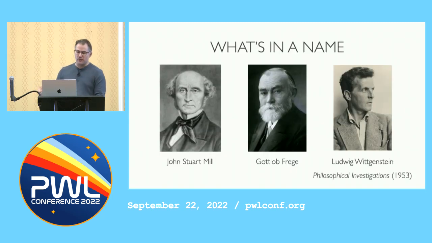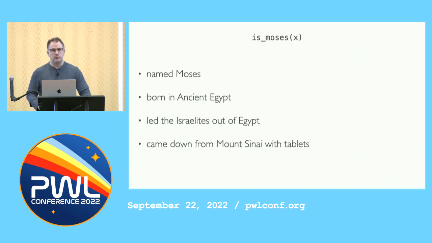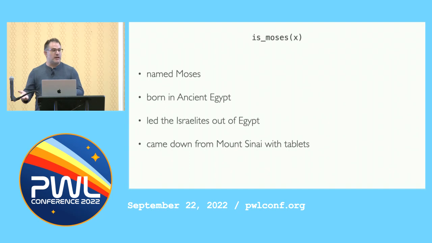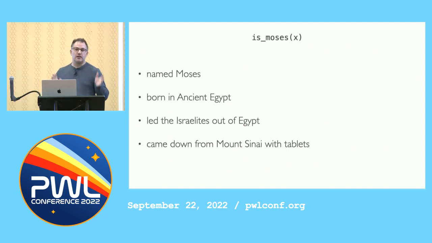But we have to go and complicate this a little bit more. So about 60 years later, Wittgenstein wrote in a book called Philosophical Investigations about the biblical figure Moses. And he pointed out that if you consider the meaning of what it is to be Moses, and we start to go and try to test actual historical figures to see, were they Moses? We are not necessarily going through all the things that are true about Moses, which are like, he was named Moses, he was born in ancient Egypt, he led the Israelites out of Egypt, he came down with the tablets from Mount Sinai, and these are just the high points.